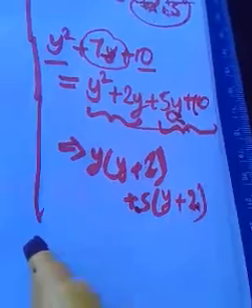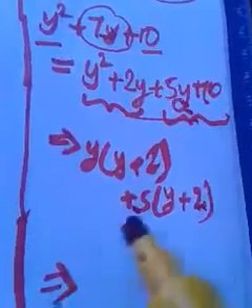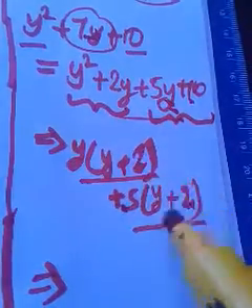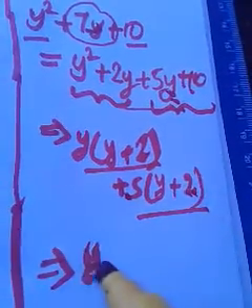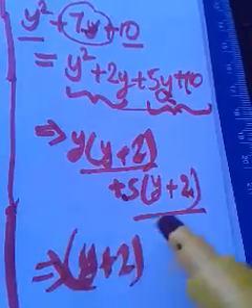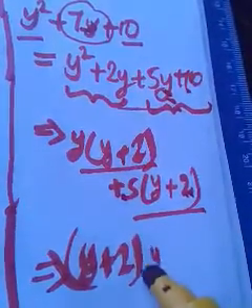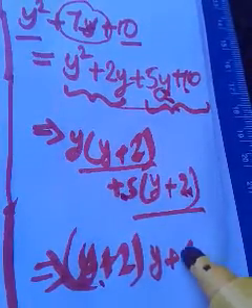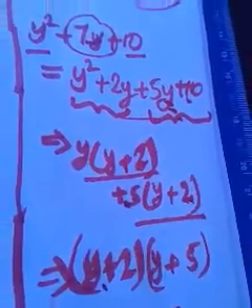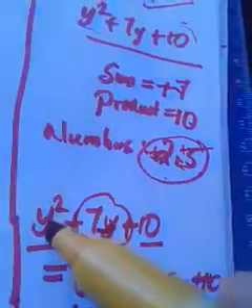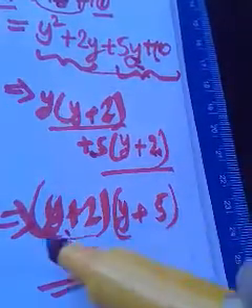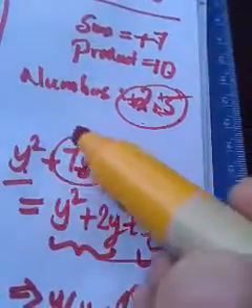Okay. Now just see, same method as in regrouping. This is your first term, this is your second term. In bracket the same term came, no? So take that term outside from both the terms. Y plus 2 you can take outside. So here y will remain. From this term I have taken y plus 2 outside, then 5 will remain. That is plus 5. So that means I expressed y square plus 7y plus 10 as what? Y plus 2 into y plus 5. That means I factorized this question.